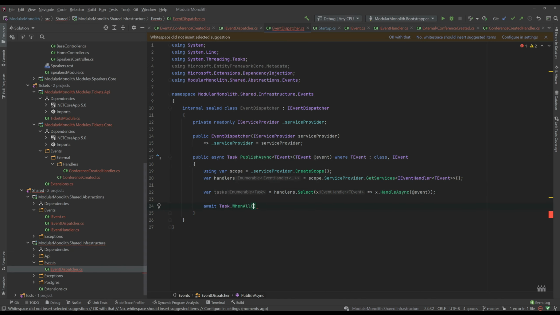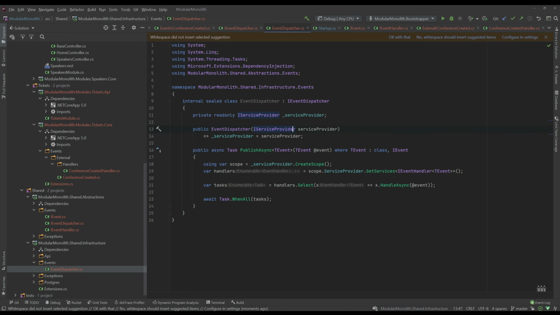So yeah, we're just trying to get all the event handlers, and then call this handle async per each event handler and wait for all the tasks to complete. Yeah, sure. Okay. All right, so maybe let's register this in the IOC,